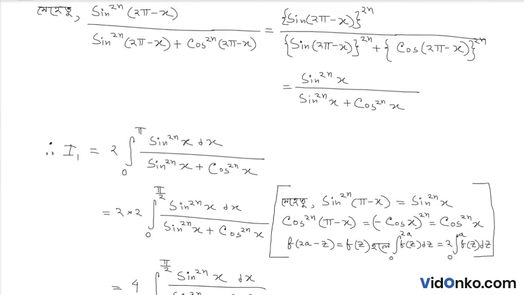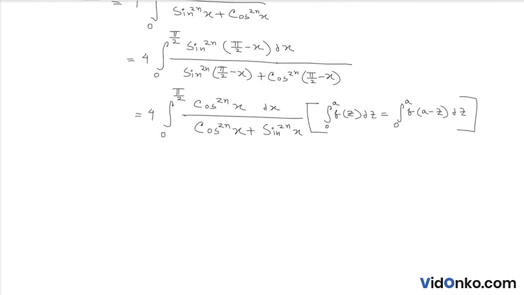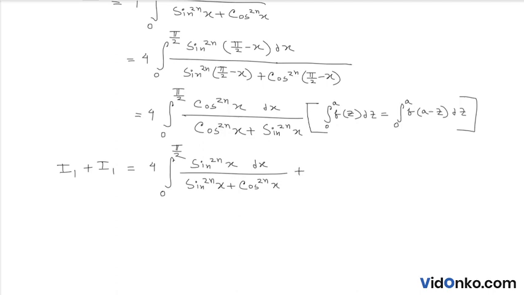তাহলে এবার আমরা এখানে কি বলতে পারি, I1 plus I1 equal to 4 integration 0 to π by 2 sin to the power 2nx by sin to the power 2nx plus cos to the power 2nx dx plus 4 integration 0 to π by 2 cos to the power 2nx dx by cos to the power 2nx plus sin to the power 2nx।